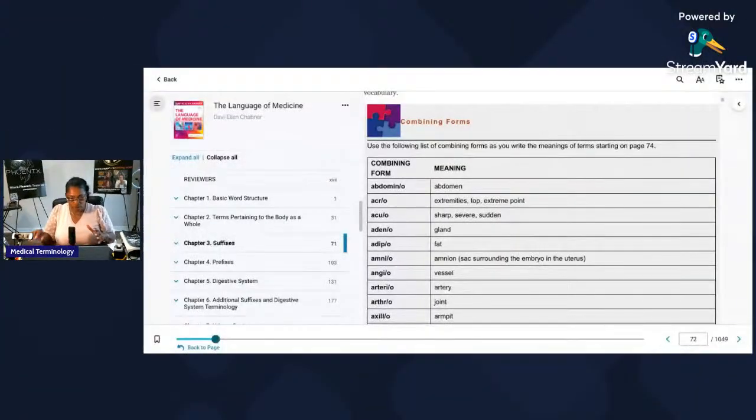That's why I love this book. Y'all know how I am about this book, especially since medical terminology is so invasive. I can't even show half of the stuff that's here. But I'm going to show you these combining forms because I want you to start getting used to looking at this book. These are called combining forms, and this is how you're going to put words together. This is the reason why you need to know this.